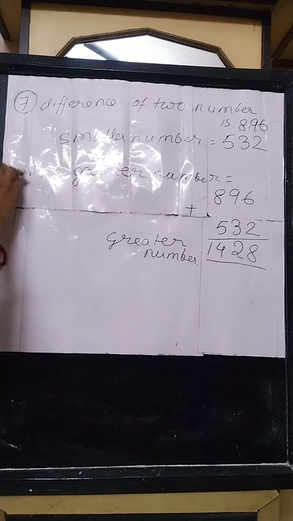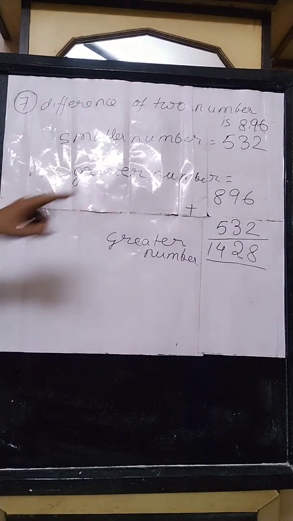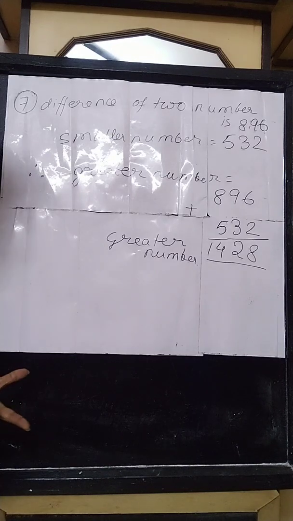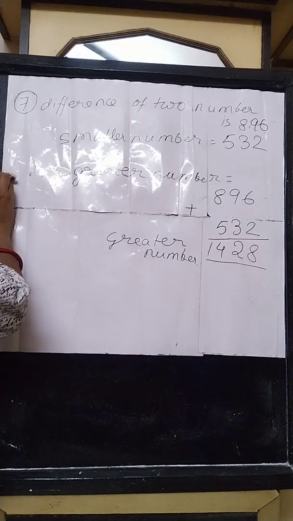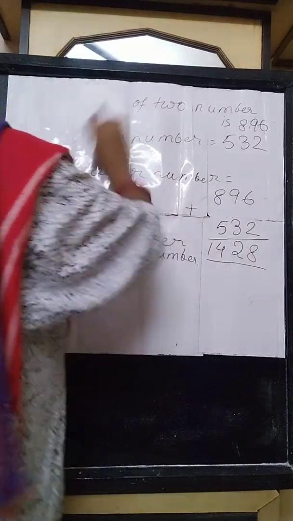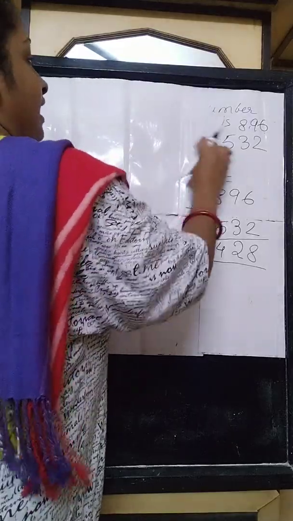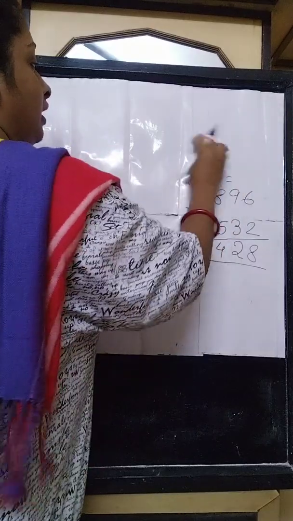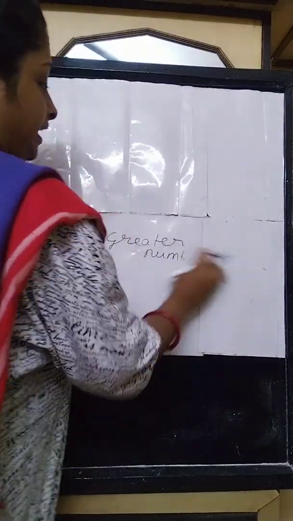In sum number 8, I think you all have done this sum and understood the steps of the sum. Sum number 8 is a little bit different because here you have to do multiplication. The multiplicand and multiplier are given, and you have to find the product. Very simple, you multiply the multiplier and multiplicand and solve the sum.